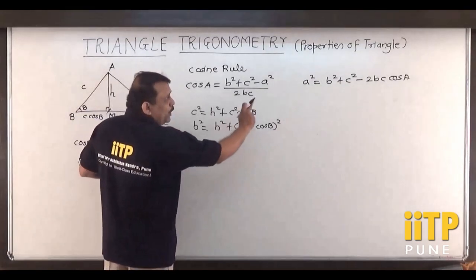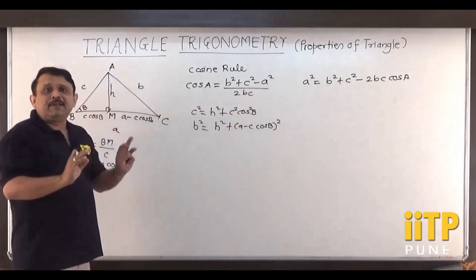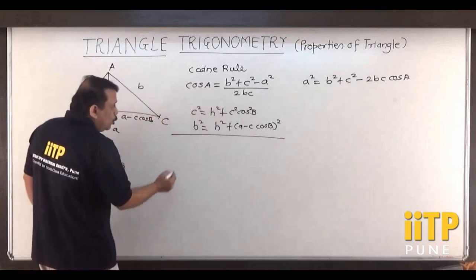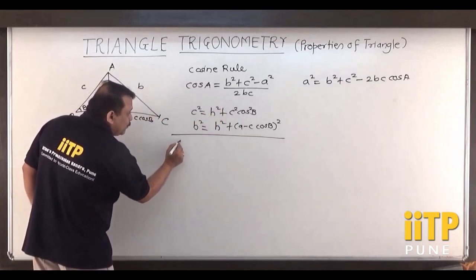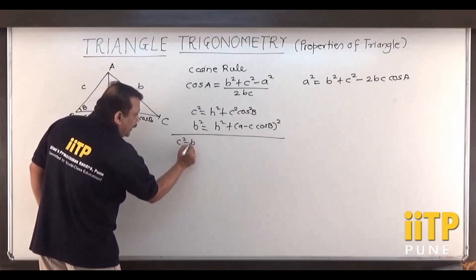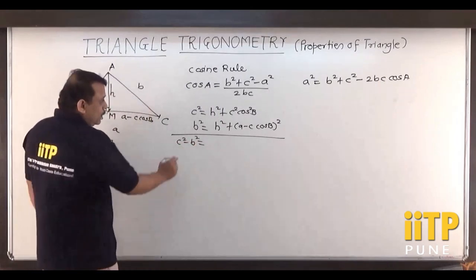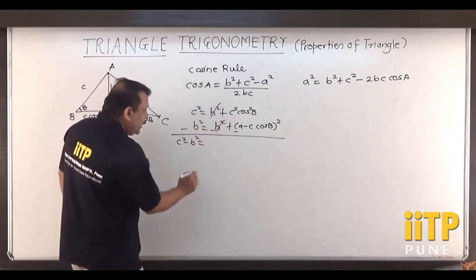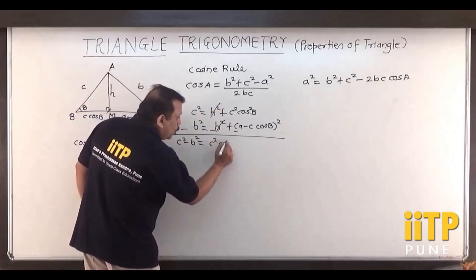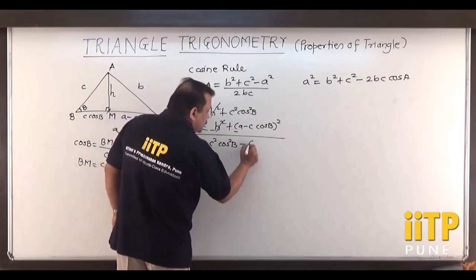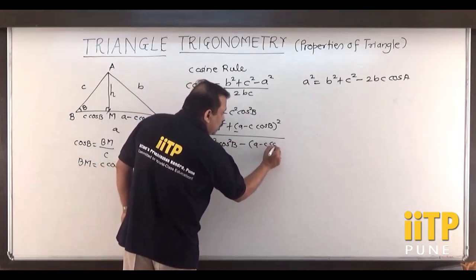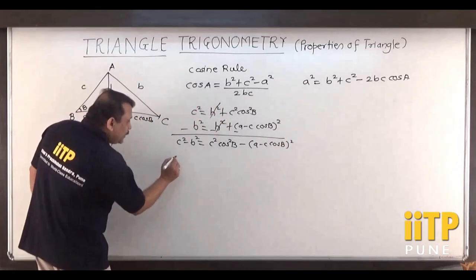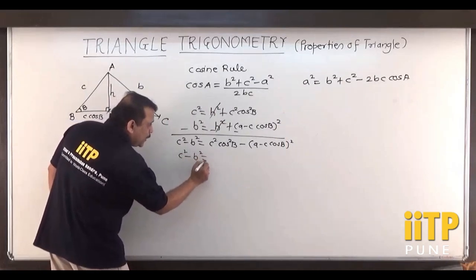Now to establish this result, we will try to eliminate h by taking the subtraction. So if I do that here, c square minus b square is equal to, minus, minus and minus. h square is cancelled. I get c square cos square B minus (a minus c cos B) whole square. So I get c square minus b square equal to